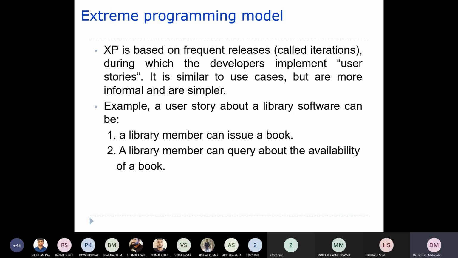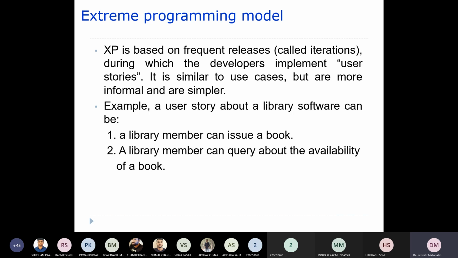Let's take an example of a library software system. User stories can be like this: a library member can issue a book. If a person is a member of a library, then he can issue a book. So that can be one user story.